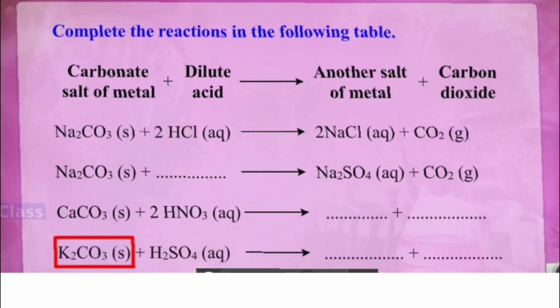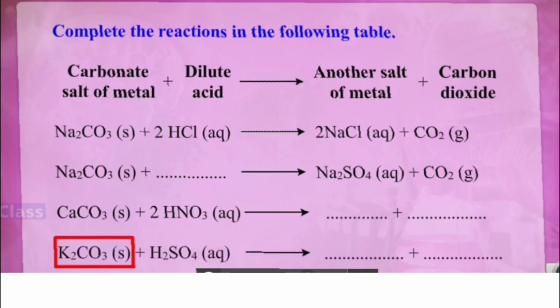So let us take carbonate. What is the main thing in this? You always have the carbon. You can see this part, CaCO3. You have the CO3 group. Carbonate is the CO3 group. So we are going to take acid and everywhere we are going to get the carbonate: Na2CO3, CaCO3, K2CO3. That way we have taken.